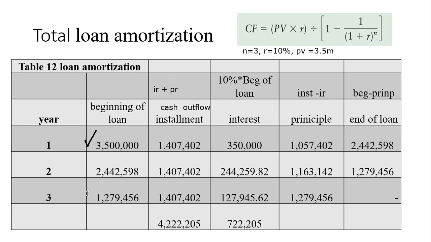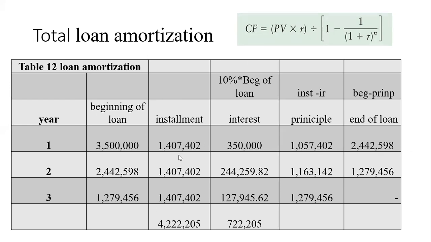And this is the starting point for me in the second year. I take 10% for this one, which is the beginning. And then I have the principal and then the end of loan. End of loan is 1 million. And then I pay 10%, and then it's all done in the third year where I pay all the loan for myself. So this is what we call loan amortization, and I calculate it in order to